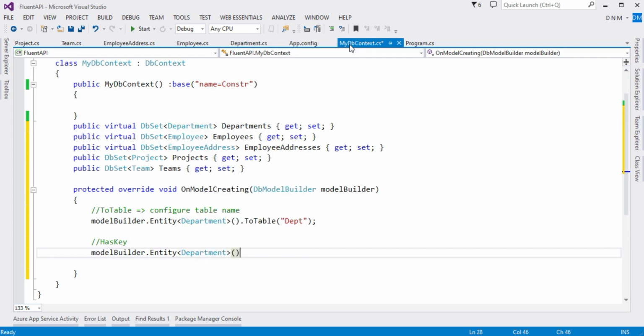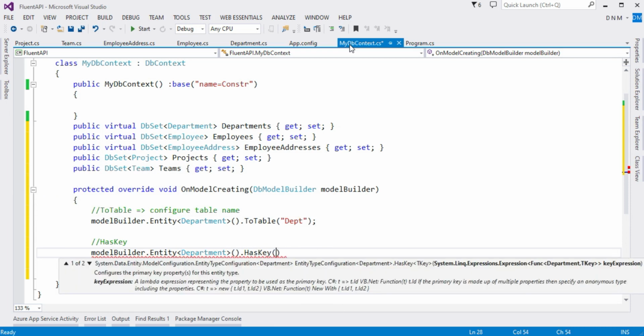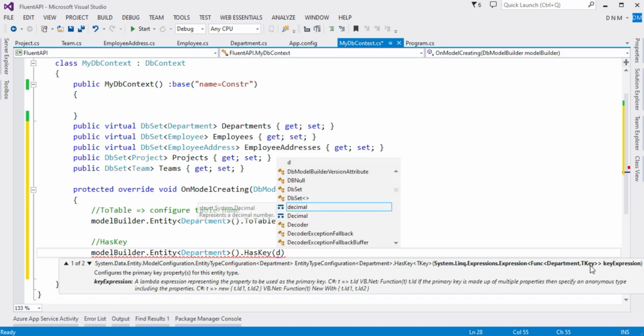It is a method, just put open close round bracket, and there is the HasKey property. Okay, to this you have to specify the lambda expression. It is accepting a Func delegate, whose argument is what? Department, and whatever key we are going to specify is going to be the return type. So here you will specify the argument, which is nothing but of type Department.